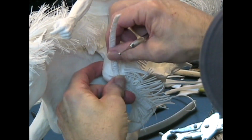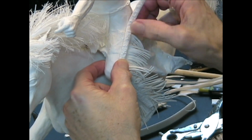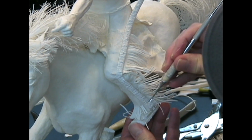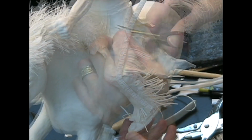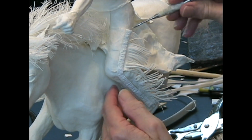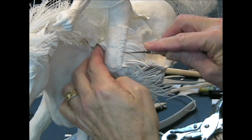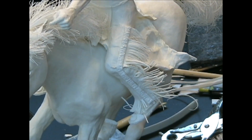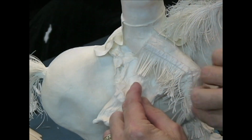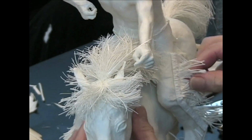Bend it around the knee. Bring it back a little longer than I want, so I'll cut that off with my scissors. And my dental tool or tuck tool burnisher works the same way. I use that almost interchangeably for this application. Get it the way I want it. Give that fringe a do. Have it flying. I call that flying detail,